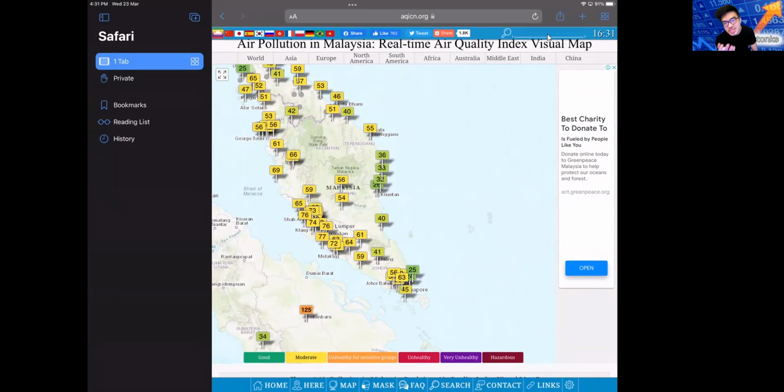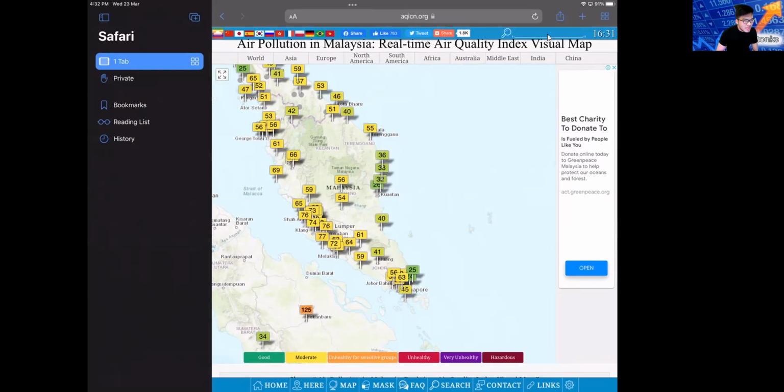Because in case you haven't realized, lately these few days have been hot as shit. Have you realized that? Okay, today I went for Qingming. I went to clean my dad's grave. Goodness me, okay, it was so damn bloody hot. So I'm not surprised if they say haze is coming soon.